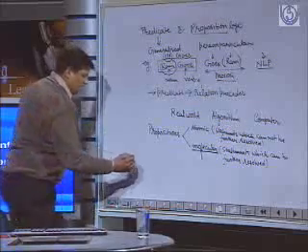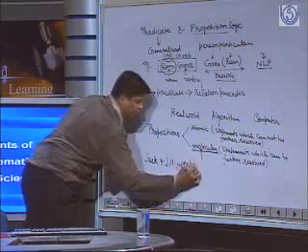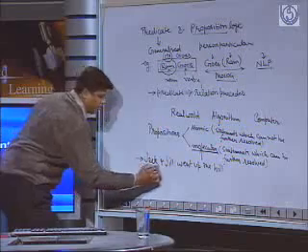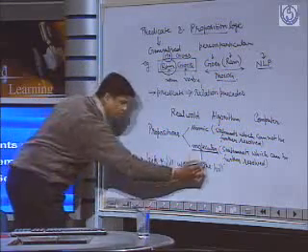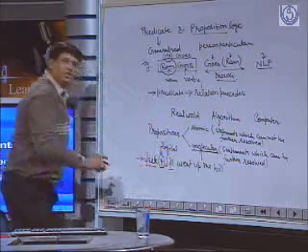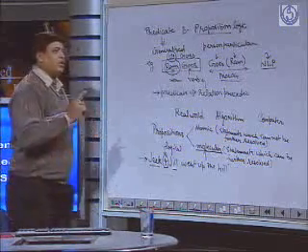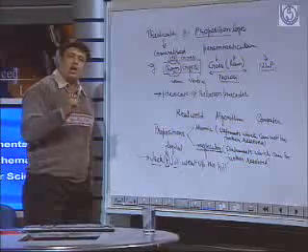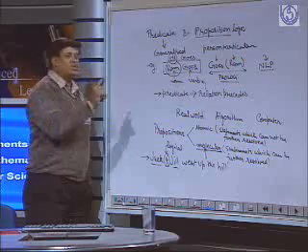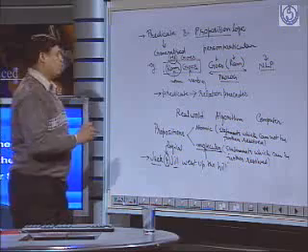Now if I cite an example that Jack and Jill went up the hill, you see that the statement means Jack went up the hill and Jill went up the hill. That means there is a logical connective in between two statements. One statement is Jack went up the hill and the other is Jill went up the hill. That means in order to make the computer understand how to logically relate two or more statements, we need logical connectives. The logical connectives which are taken care of in predicate and proposition logic are categorized into the following forms: